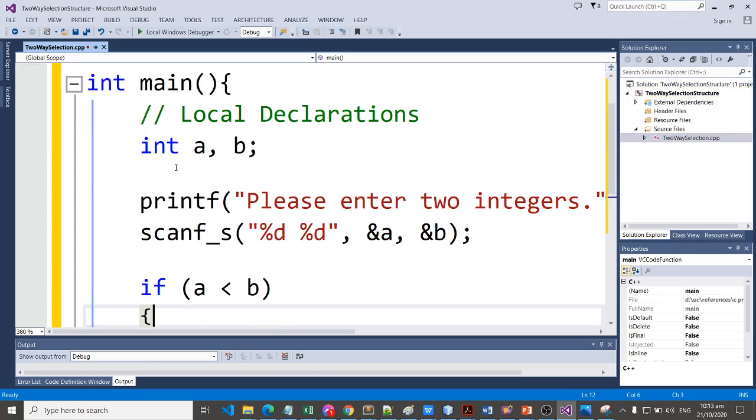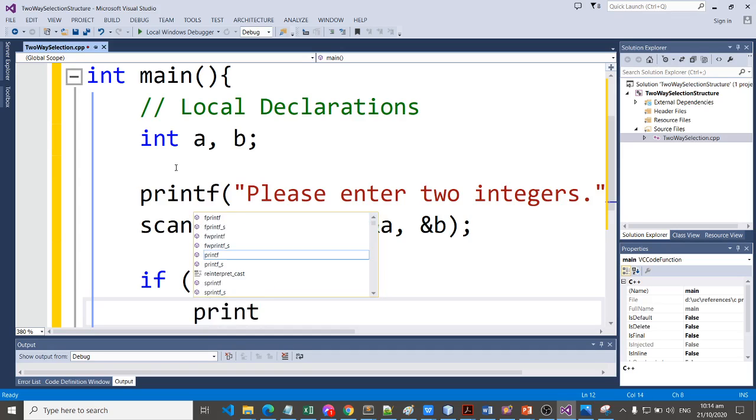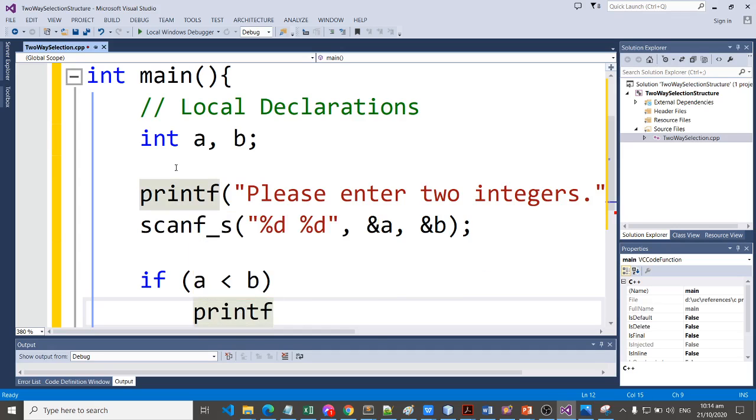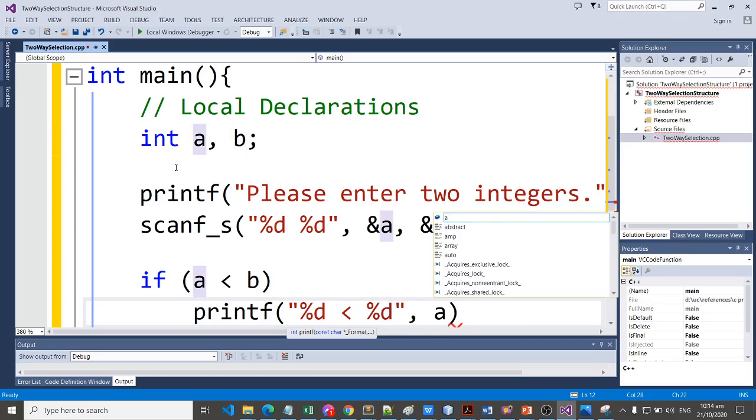So if the value of a is less than b, then print, the value of a is less than the value of b, %d, and we need to get those values from a and b.